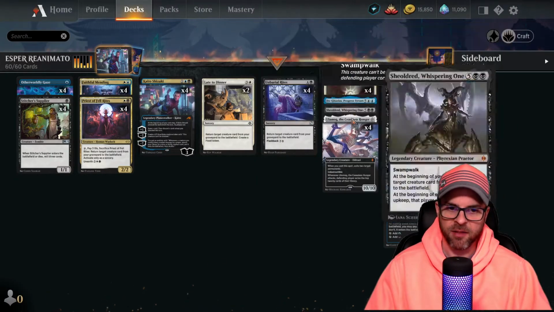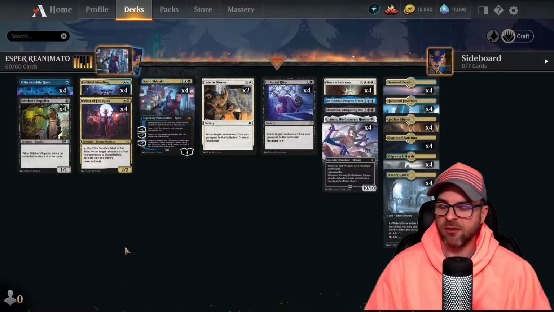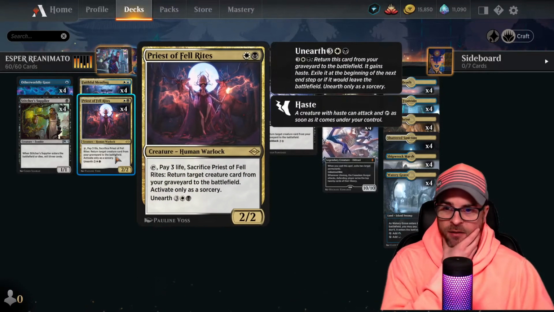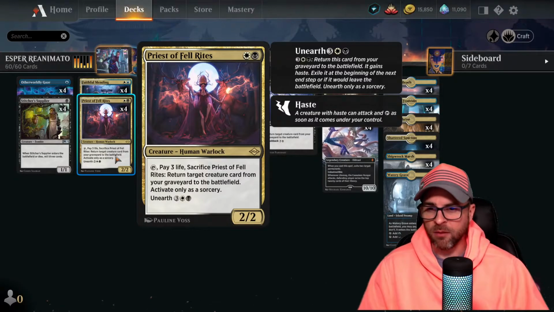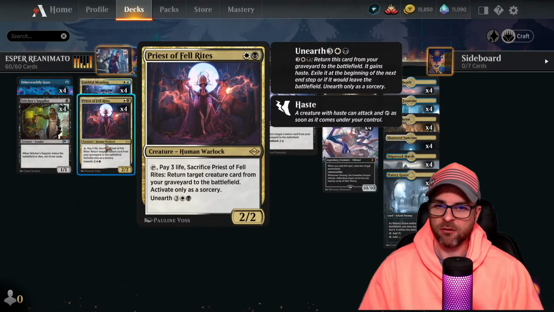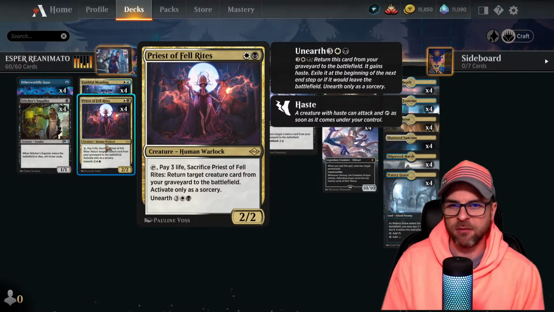Again, if it's a Serra's Emissary or Ulamog, as early as turn 3, that can just be lights out for a lot of decks. They just can't deal with that. So ideally, what you're doing on turn 1, you have one of these spells and you find a creature immediately. Turn 2, with a powerful creature already in your graveyard, you're casting Priest of Fell Rites,